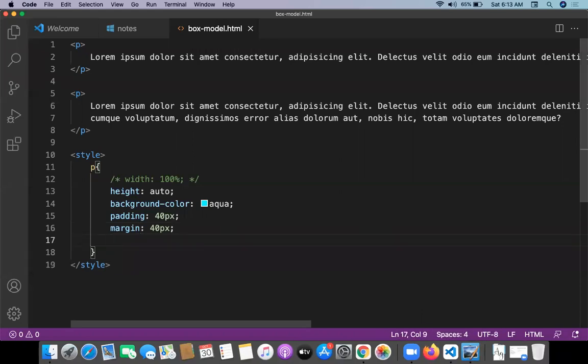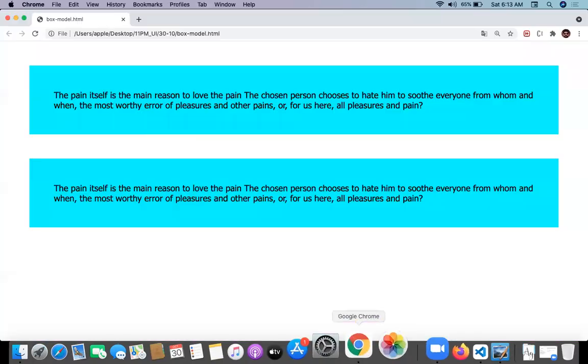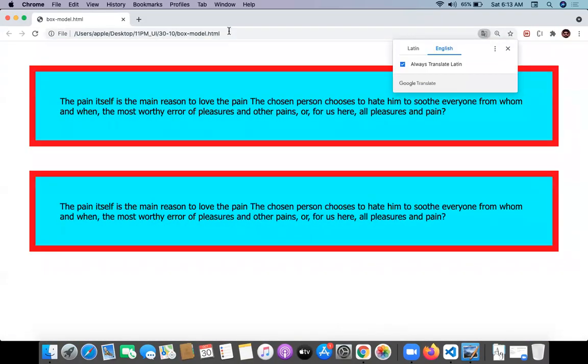And one more property called a border. So how is border going to be allocated? I'm writing a simple shorthand method for the border. Border 10 pixels solid red. I'm giving the border like this. Border is a simple decoration for an element. A decoration is added, and that decoration is called border.